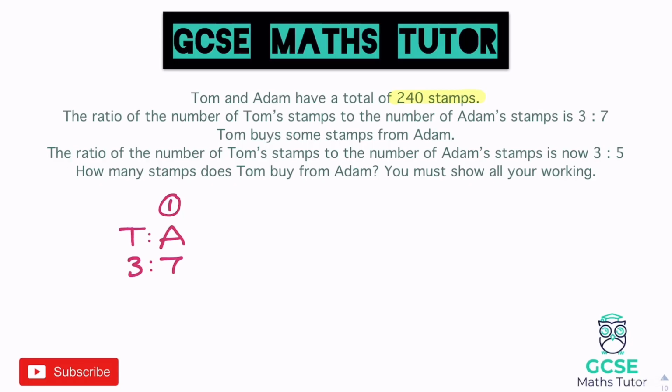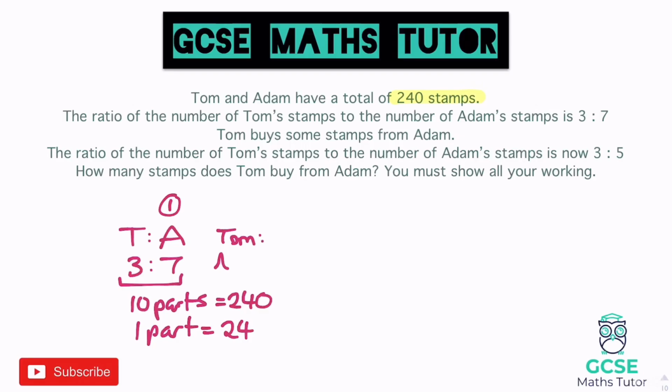Now obviously that's 240 stamps shared between them, so the total amount of parts there is 10, so we've got 10 parts equaling 240 stamps. So if we divide that by 10, we get 1 part equals 24 stamps. So if we actually multiply both these numbers, Tom